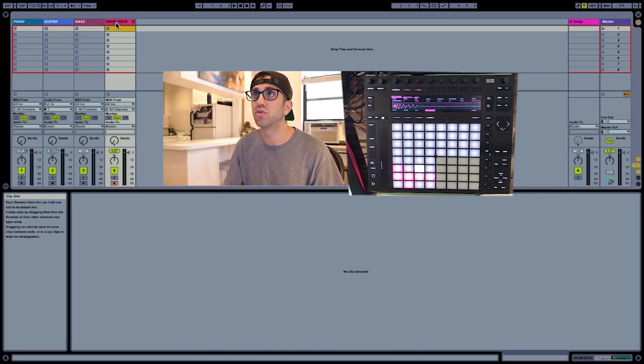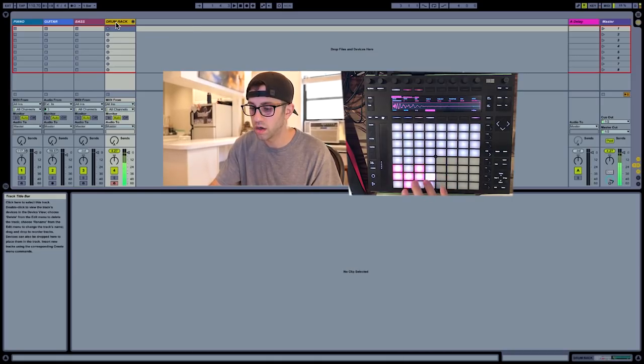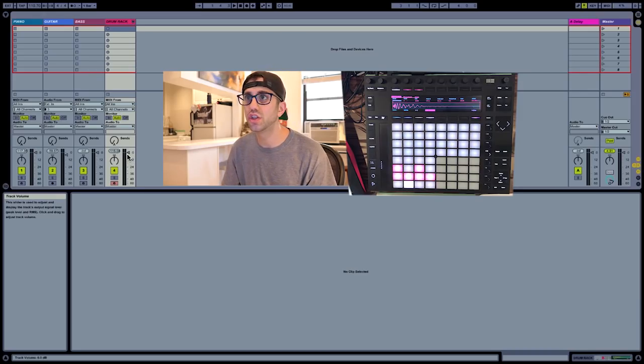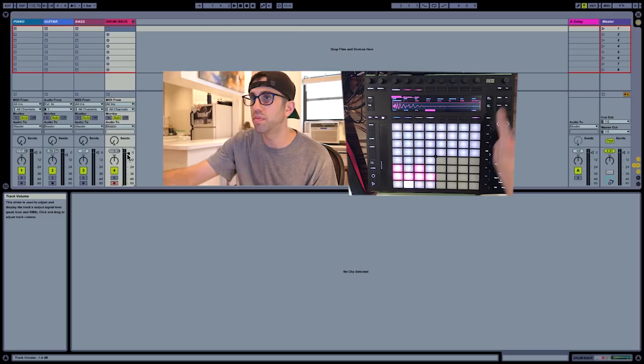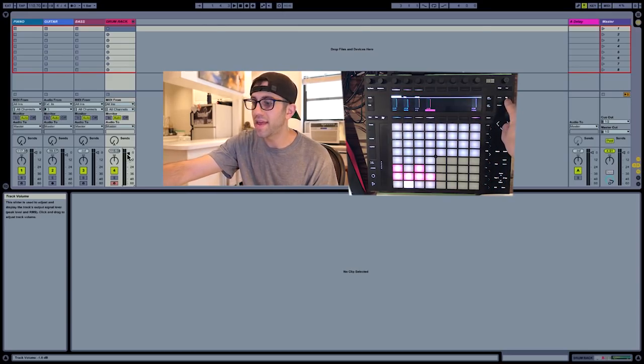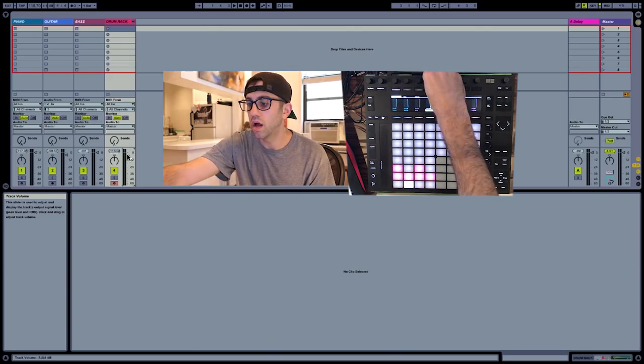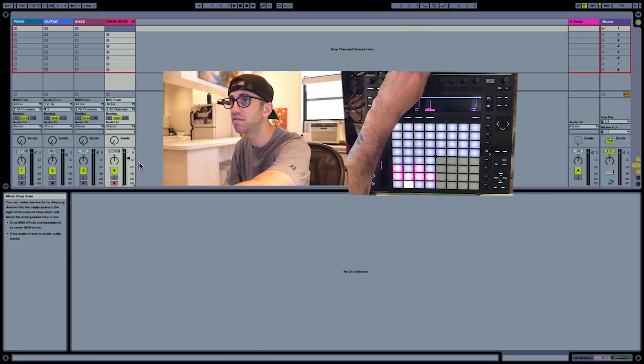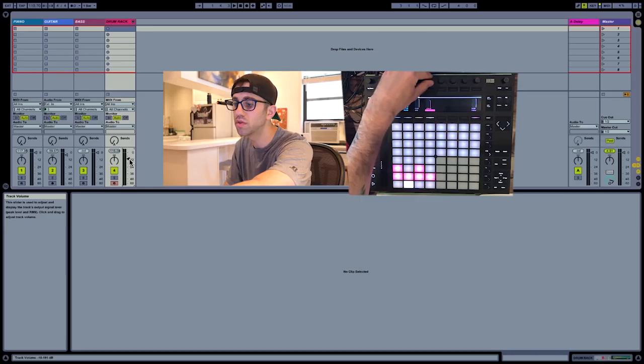So since I have a drum rack enabled here, I can play the drum rack. So I noticed that I was clipping a little bit, so the same way I could change the volume here on these faders, you can also go to the mix button right here, and that will pull up all of